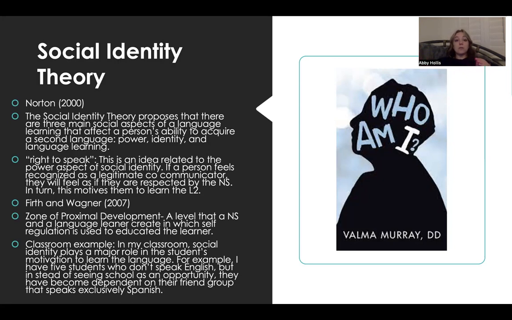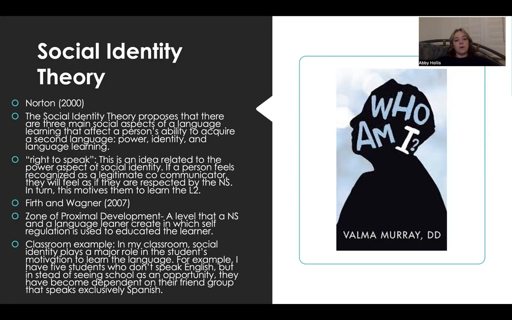And since they go throughout their classes all day together and they have each other to depend on, and they have people that speak Spanish surrounding them, they don't feel the need to learn English because they're having all of these accommodations that are given to them in Spanish. And so their identity that they see themselves as right now is still mainly Spanish speakers. Their identity hasn't developed into what that looks like in the United States for them, and it hasn't broadened into what is my second language.